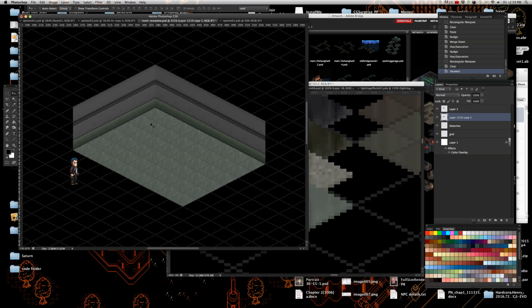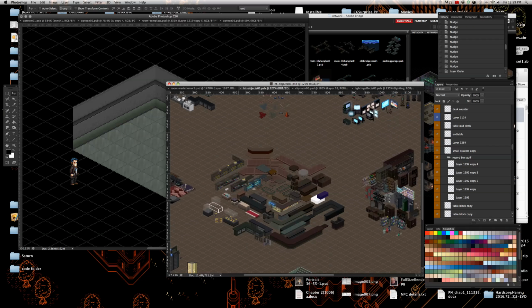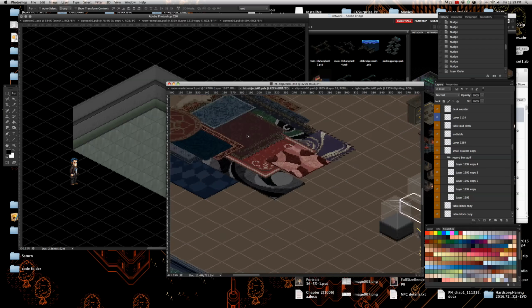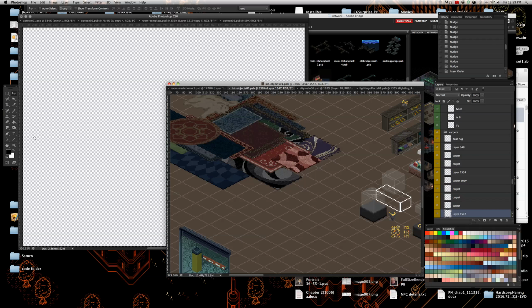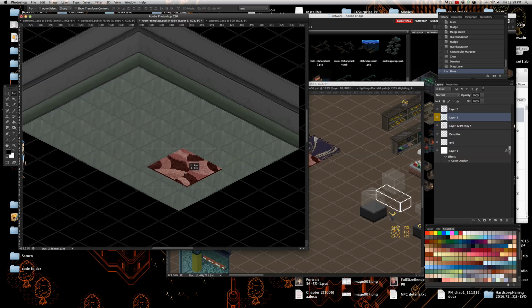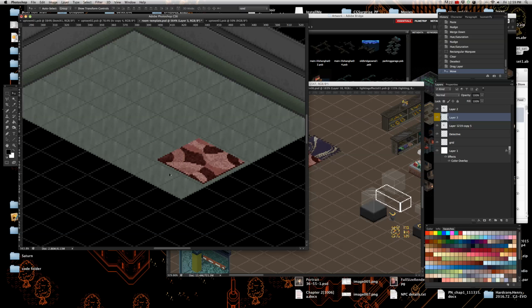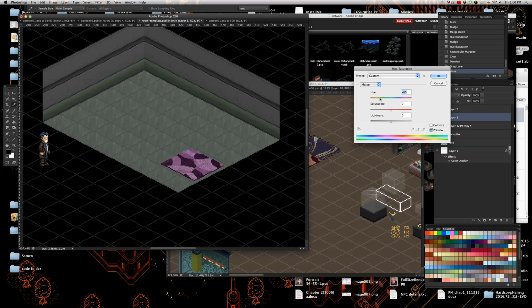Next, I think I'm going to show you how I do furniture. I've made so many different things for rooms, it's crazy. I like starting with things that are slightly against the wall or decorative in some way. So if I wanted to use one of my carpets, I could do that. Okay, so I will make this maybe a,